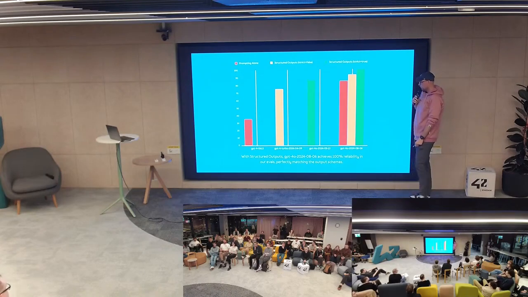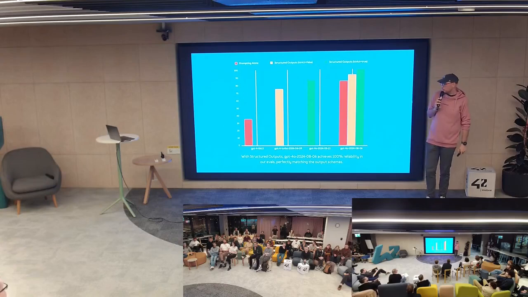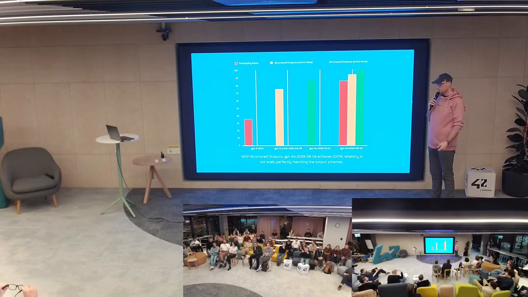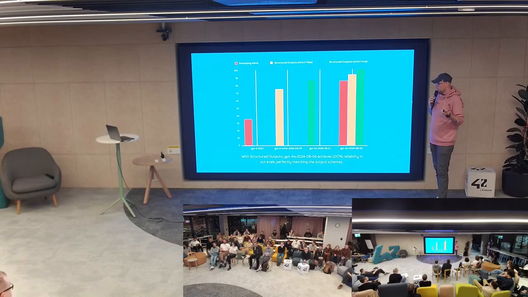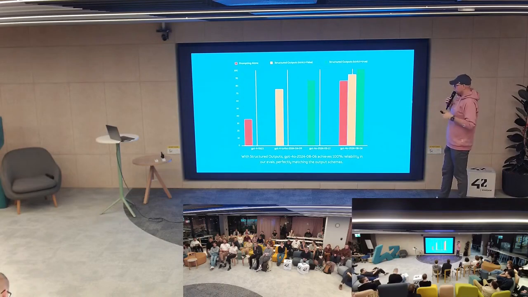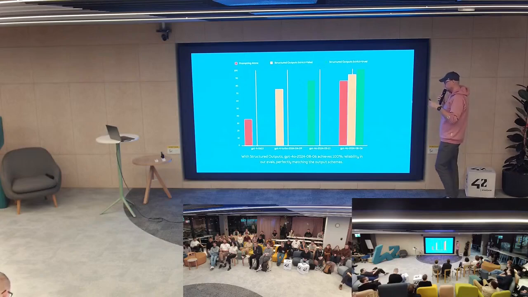But they've got a 100% success rate with the structured output. So it will for sure return you a valid JSON that you want to have. From my testing, and I did it a bunch of times, it always was good. But it's also really nice to see that they've seen that it is an issue and additionally trained the model